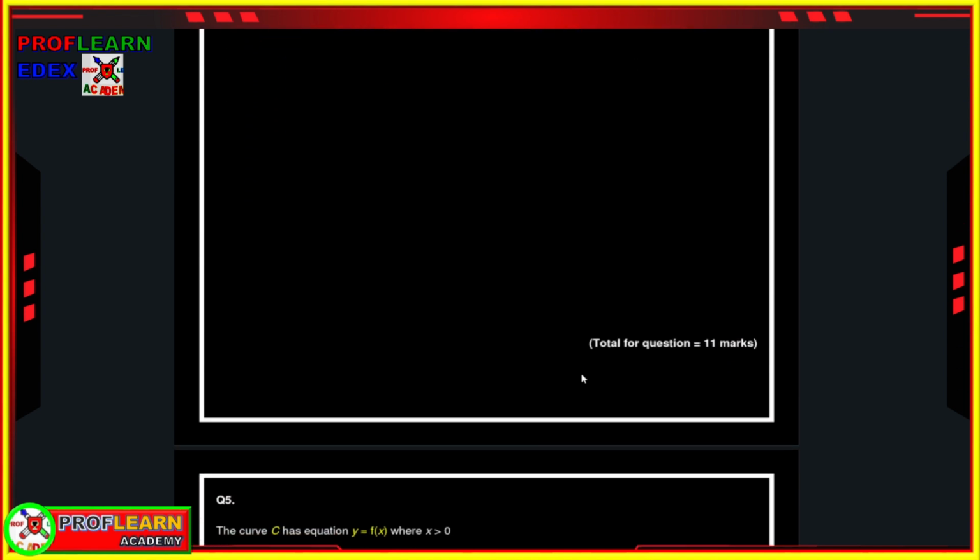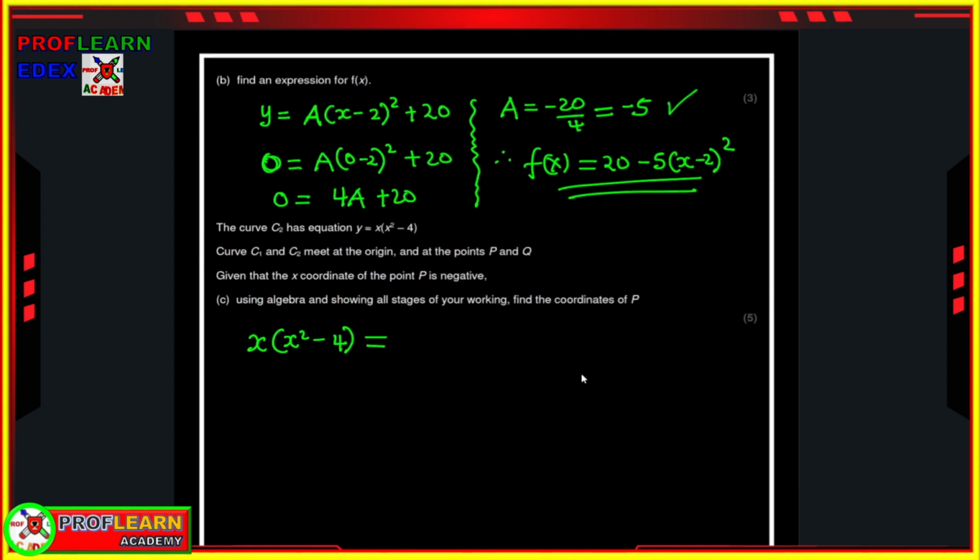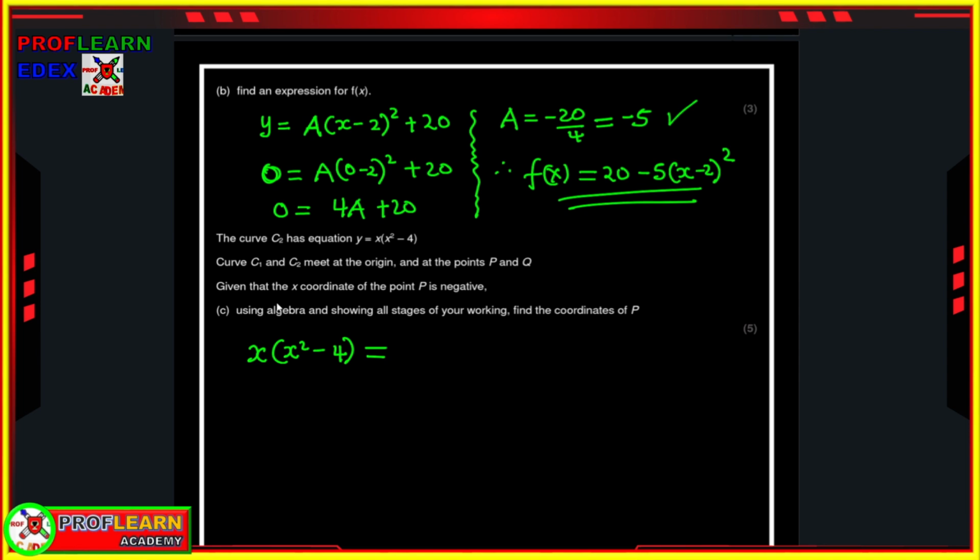Yeah, the next question was that using algebra and showing all your stages of your working, find the coordinates of P. Okay, in the beginning, let me just give you the details that were provided here. C2 has the equation this. Curves C1 and C2 meet at the origin and at the point P and Q. So, given that the x coordinate of the point P is negative, using algebra and showing all your stages, find the